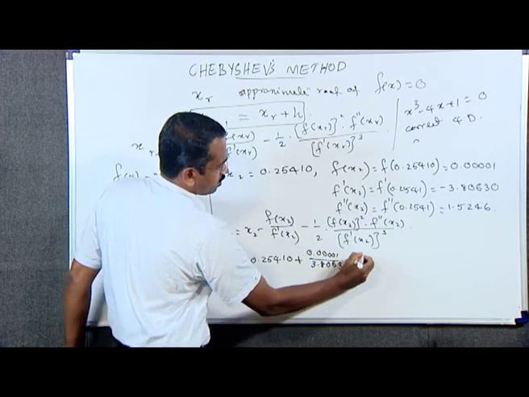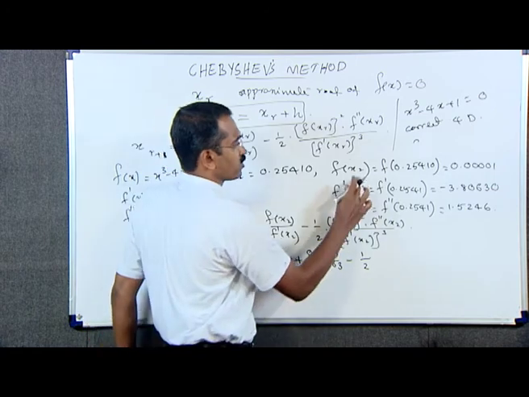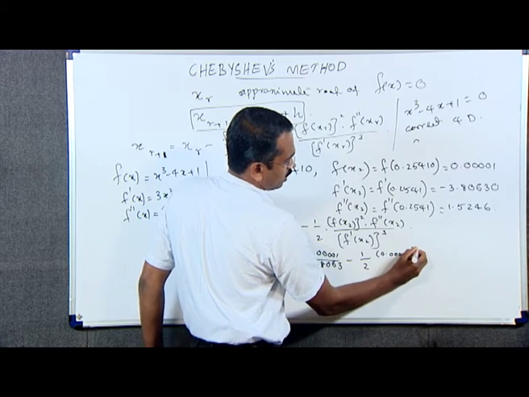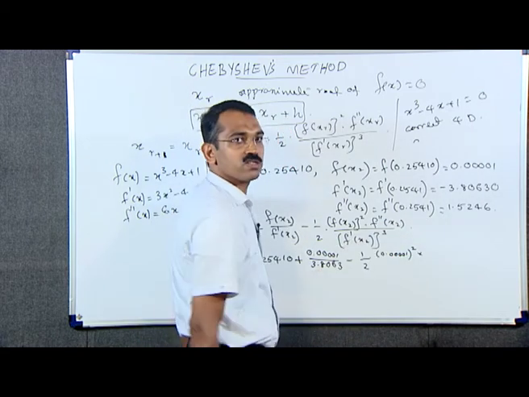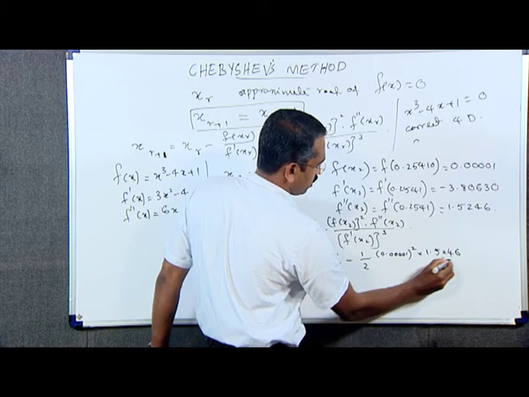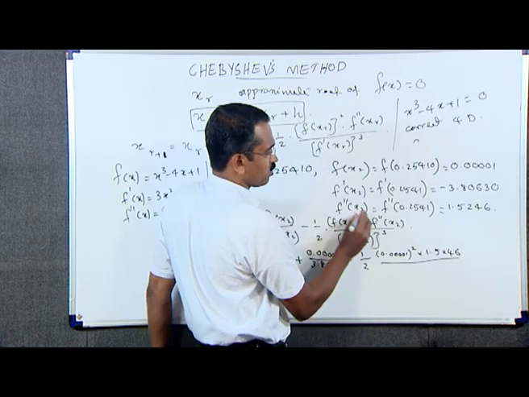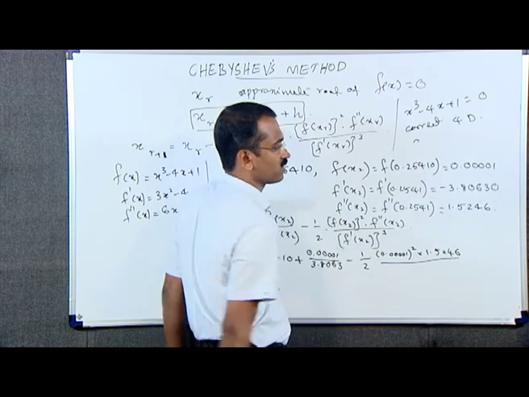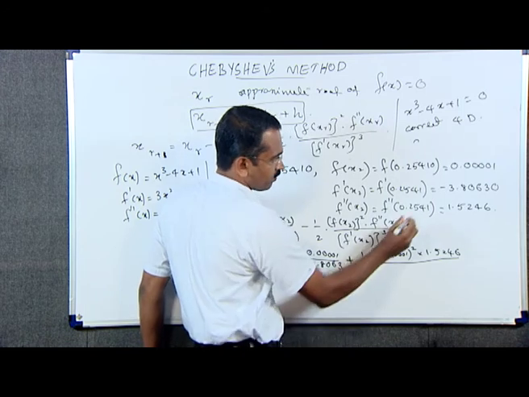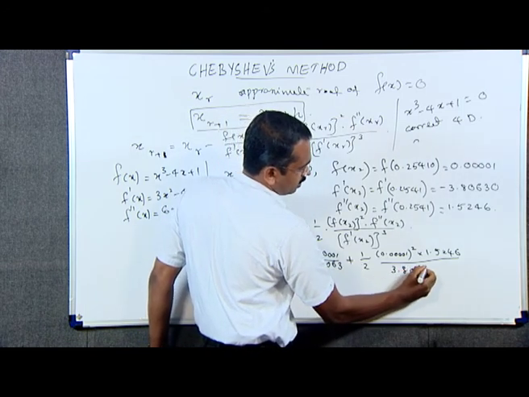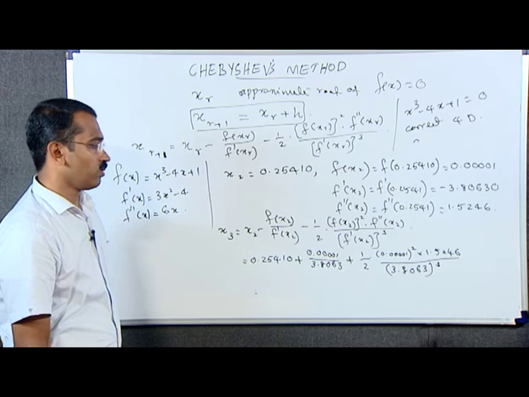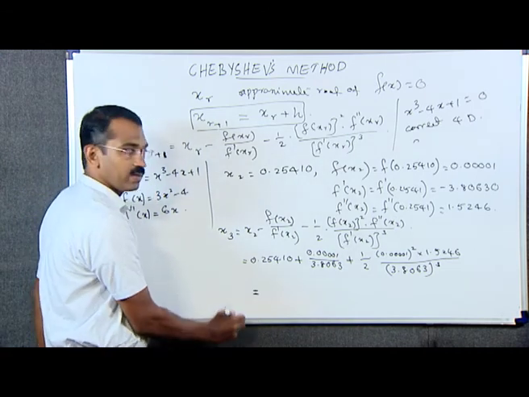3.8063 minus 1 by 2 into f of x2 square, that is 0.0001 square into f double dash x2, that is 1.5246 divided by f dash of x2 whole cube. F dash of x2 is negative 3.80630, which is the whole cube, means again negative. Therefore, this sign will become plus 3.80630 whole cube. On simplification, we will obtain x3 as